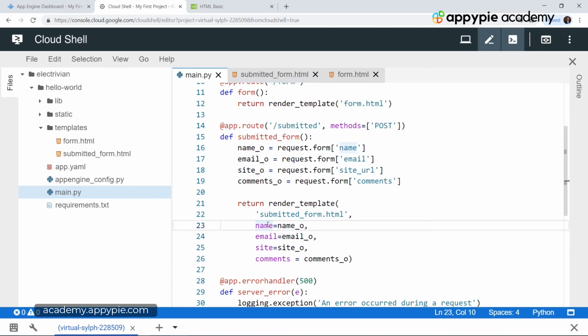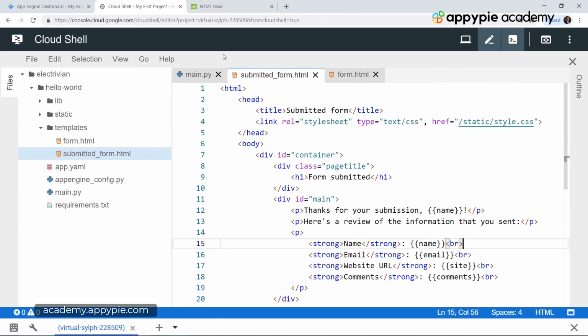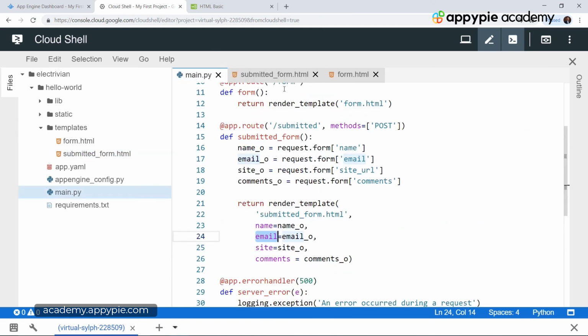But with this, the value of email which we are referring to over here, we are assigning the email underscore o value which we have defined over here to this email value, and this email value essentially corresponds to this email variable which we have written over here. So this is how we give variables to a Jinja template, and then we are going to render this Jinja template by giving it the template and the variables.